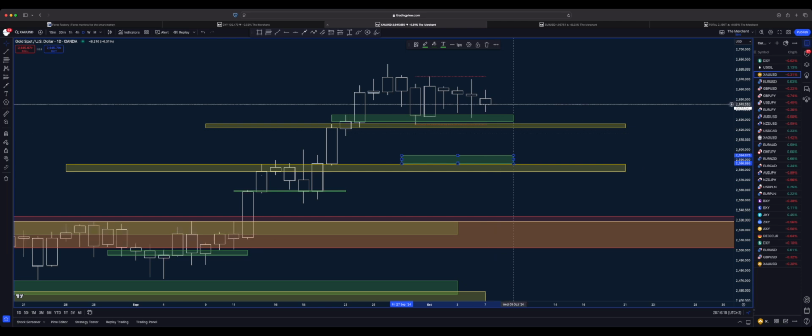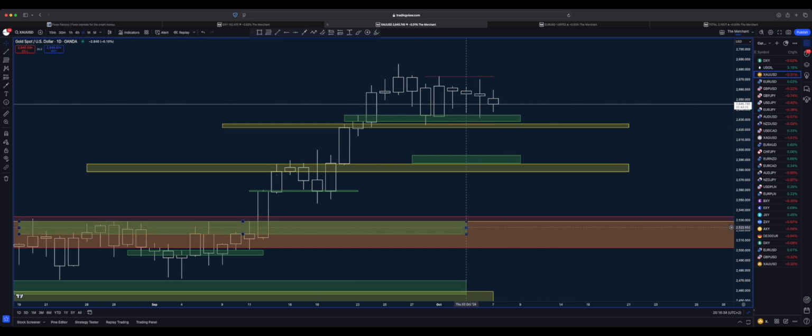In general, we also have this zone here where price might come quickly to the downside before moving to the upside. But to be honest, right now with what is happening in gold, you always need to follow what is happening with politics as well. As I said, for me, this is a quite interesting level.